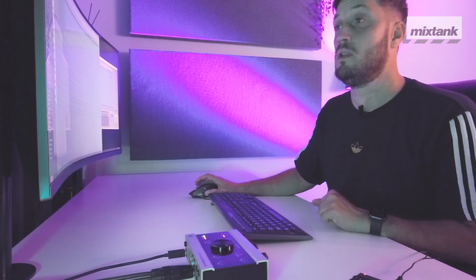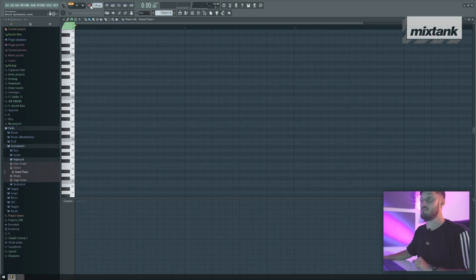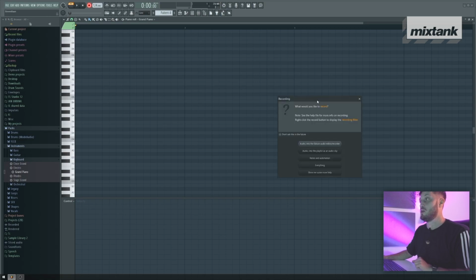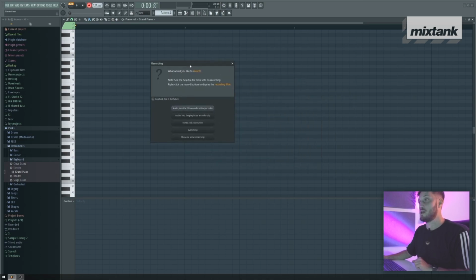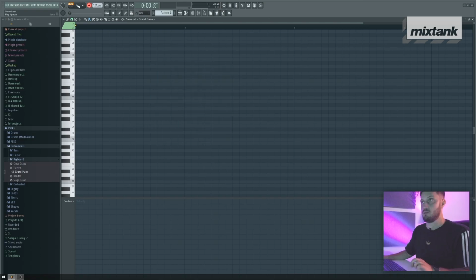Or if you play the piano, I don't, you can record your notes into this piano roll. Just have to press record here. A screen pops up and it says you can do a lot of different options. But if we press notes and automation, then it's going to record how loud you press that button and what buttons you actually press. So if we start playing,